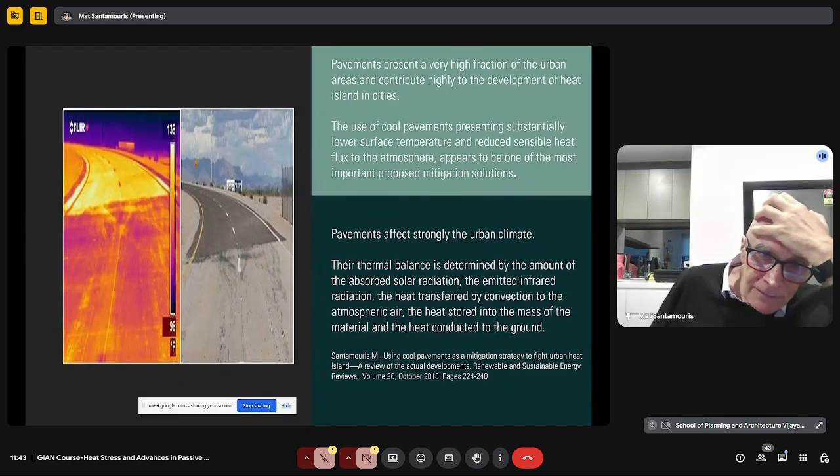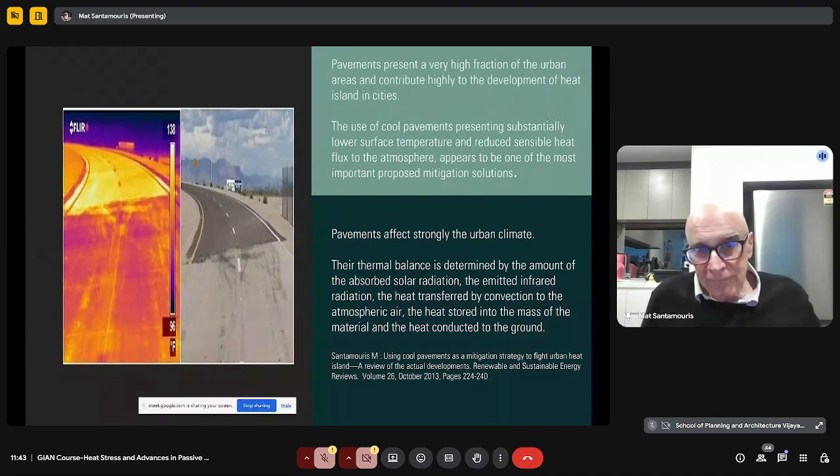You see the temperature difference at your left between a dark asphalt and a white asphalt. You see that the black asphalt presents almost 40 degrees, maybe more, higher temperature than the gray material. So this has a tremendous impact, in degrees Fahrenheit, I'm sorry. This is a tremendous difference that determines the thermal balance and finally the temperature in the built environment.